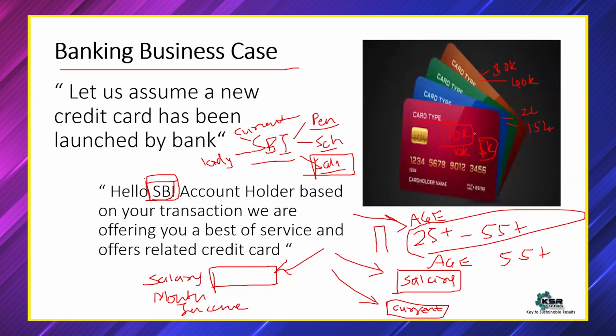Usually a person with 10K salary will always skip a credit card SMS. Why? Because he is not in that position to take a credit card, and a credit card with a 5K credit limit is of no use, simply no use. Maybe a credit card with a 40K limit is good to go. Anything less than 40K in the current world is of no use. Now SBI has to figure out whether the monthly income of that person is good enough to apply for that credit card or not. Now there are multiple filter criteria.